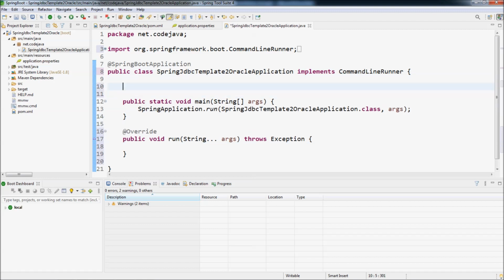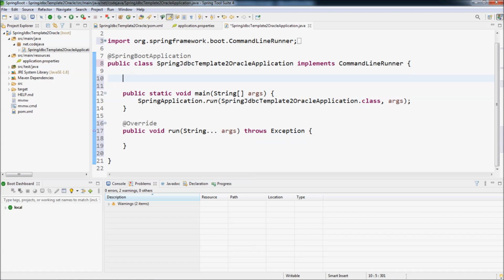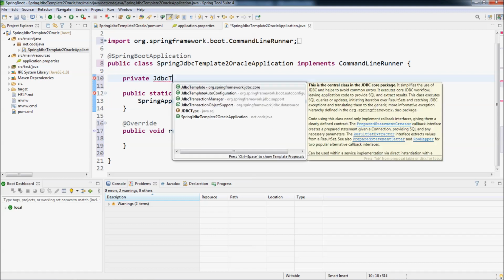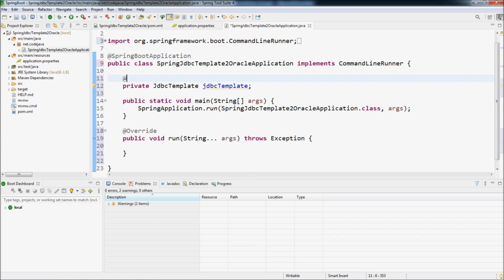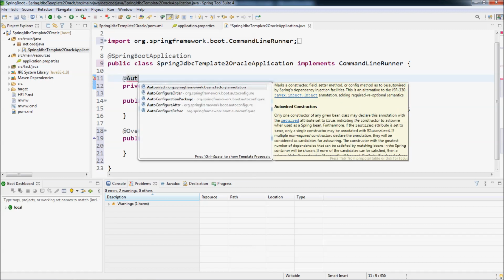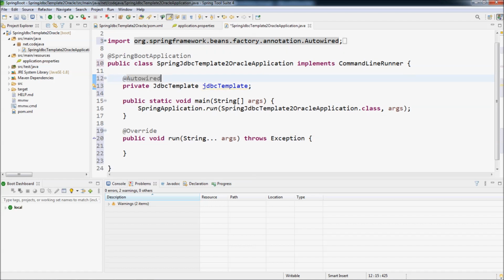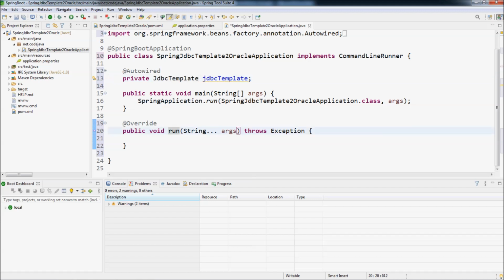And to use JdbcTemplate, we need to declare a reference to JdbcTemplate here. JdbcTemplate is the JDBC API provided by Spring Boot that allows the programmer to connect to relational databases based on JDBC. So we need to have this field autowired by Spring Framework,